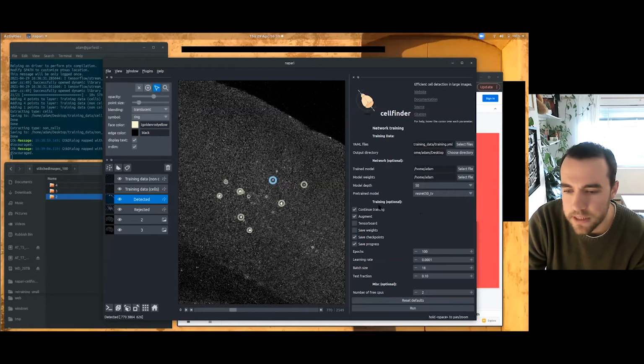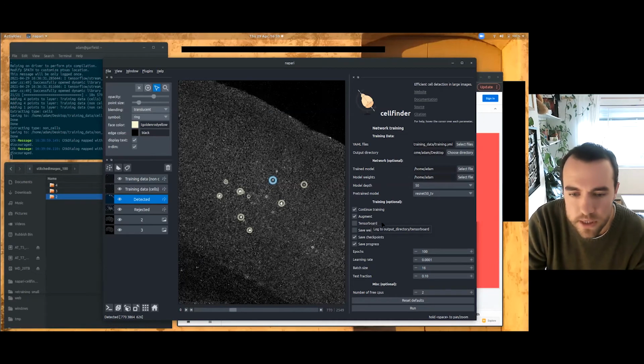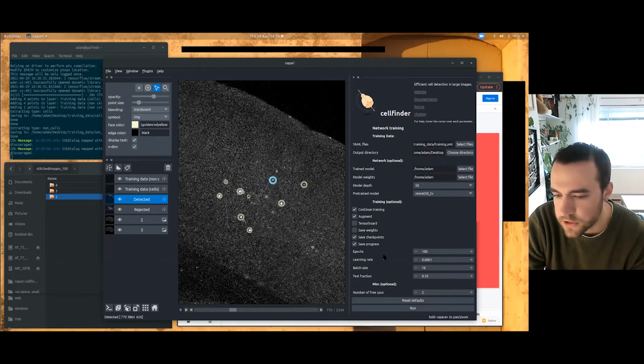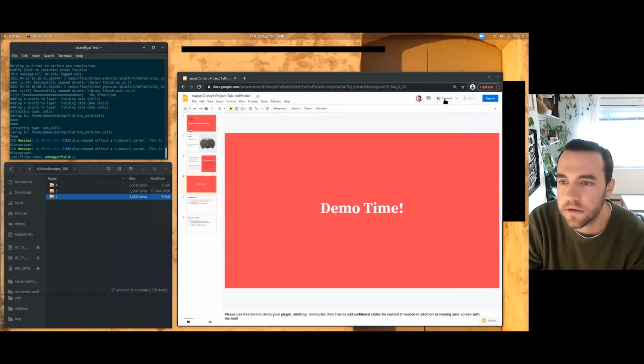And then there's kind of standard options for training convolutional neural networks, so we can do data augmentation. This is all in Keras and TensorFlow, so we can run TensorBoard to visualize the training and change the epochs and batch size and all that kind of stuff. And I'll leave the demo there because you don't want to watch me train a network for a couple of hours, and go back to the presentation.